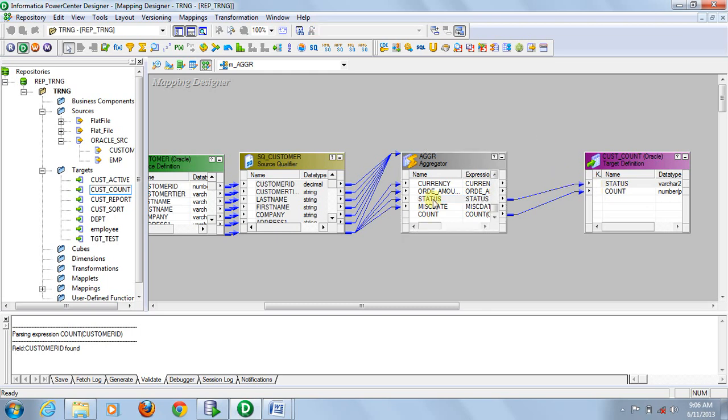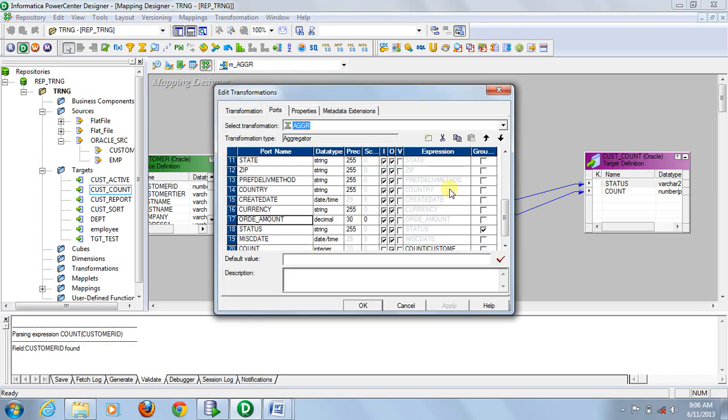Now the difference between Oracle aggregation and Informatica aggregation is that in Oracle aggregation, we will only select aggregate and group by ports. Means if we write a select statement, we will find only status and count. Rest of the ports will not be available there.